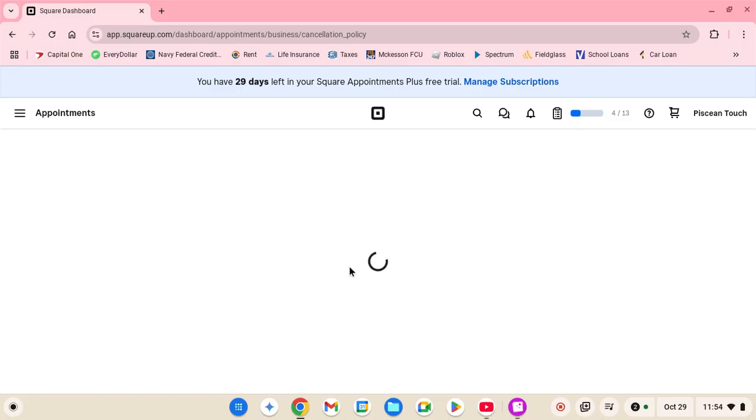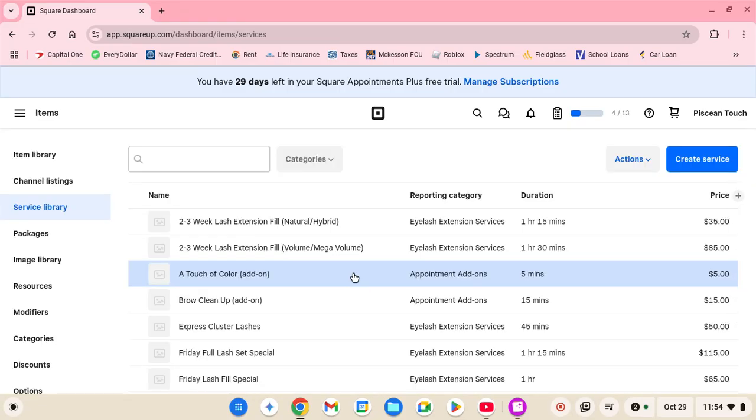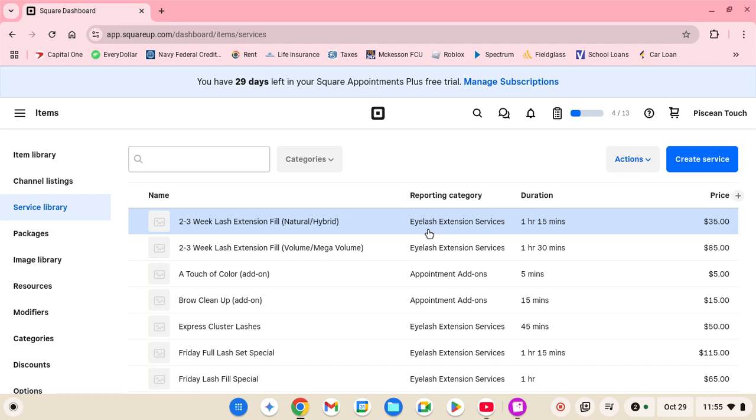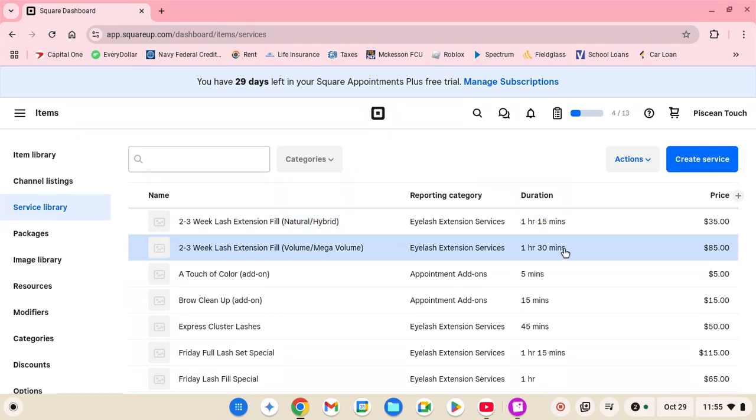And from here, for each service, you're going to replace the price with the amount that you want to collect as a deposit. So I'm going through and updating mine now. This is one that I already updated. You're going to do this for each service. So I'm going to select the service,